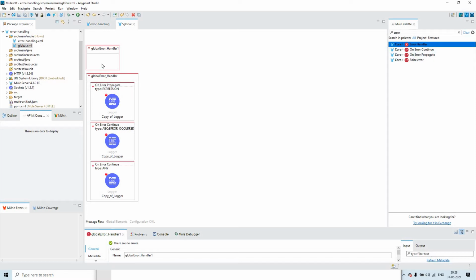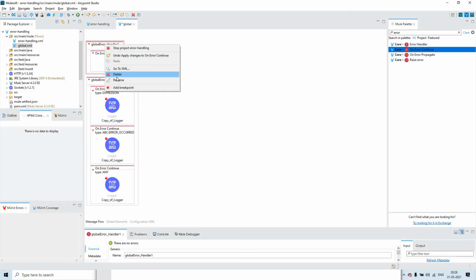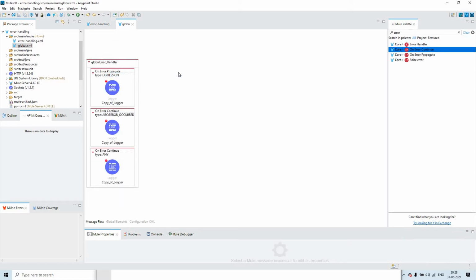You can add these two, and also you can put them based upon the error type, the way I have put here. You can add on error continue or on error propagate to this global error handler, and whatever logic you would like to keep inside, you can put with a combination of different connectors or operations. This is how I have created this global error handler. Let me delete this, whatever I just added, and save it.